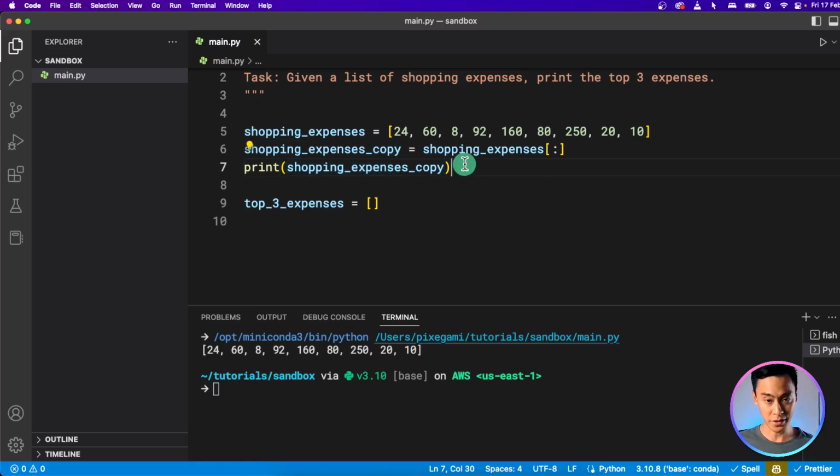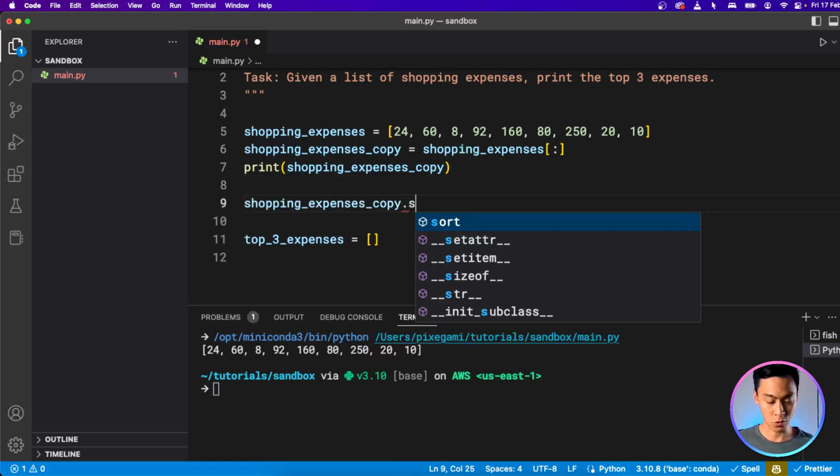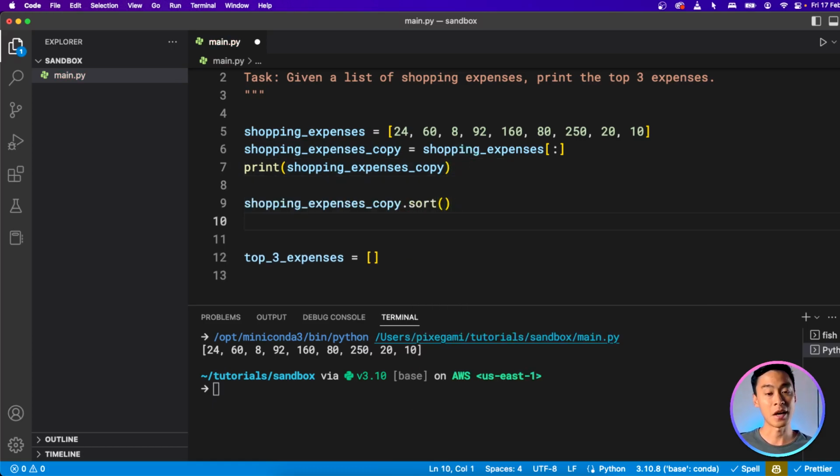So let's sort it. Remember, we can use the sort method, and that will sort the list that we call it on. It will sort it in place, so it won't return a new list. So just something to call out that these two things are different. This one returns a new list when I do that here. It doesn't modify the existing one, but this is the opposite. This doesn't return anything, but it sorts the list in place.